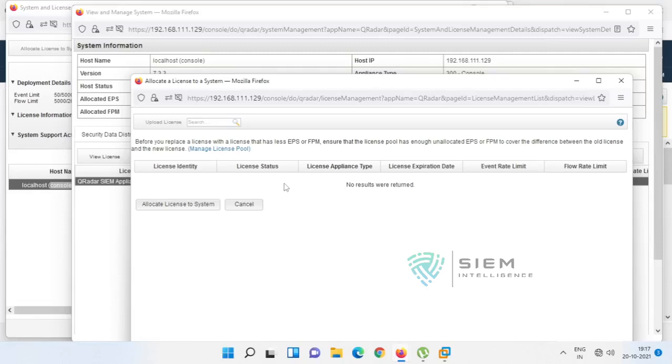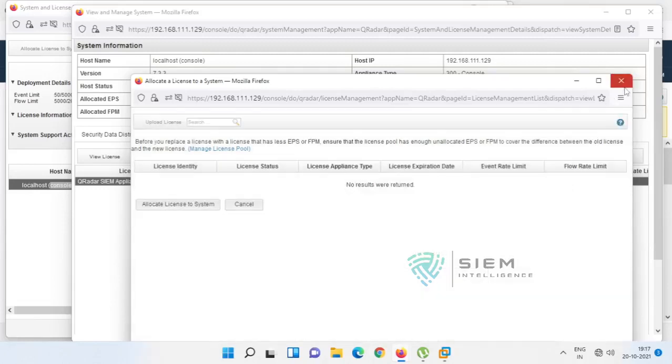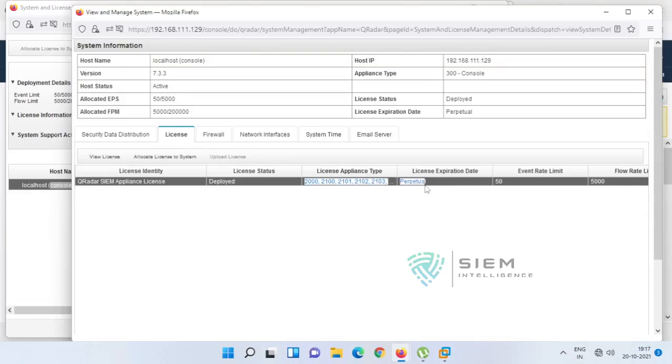Just select it and allocate it to the system if you're allotting something. And the license type is perpetual. Perpetual means it will not expire. A license which does not have an expiry is considered perpetual. As it is a community edition, it is giving 50 event rate, that is 50 EPS and 5000 FPM.